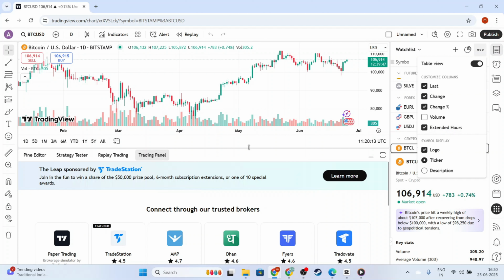Now, your Tradingview chart is set up to display extended hours, providing you with a fuller picture of stock performance throughout the day and beyond. As you continue to analyze stock trends and make trading decisions, having access to data from extended trading hours can